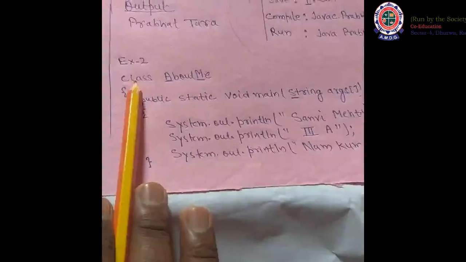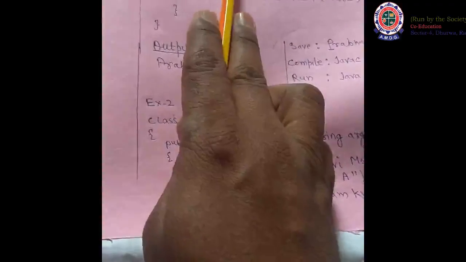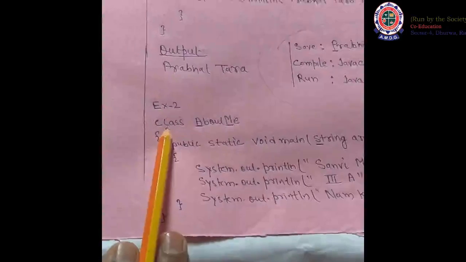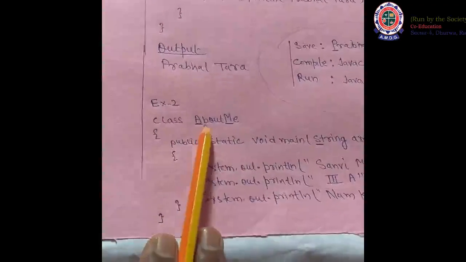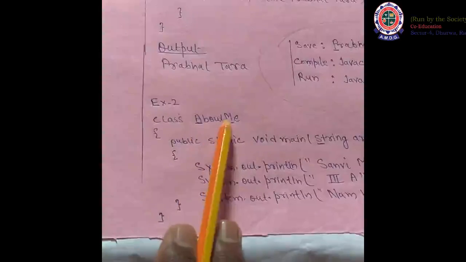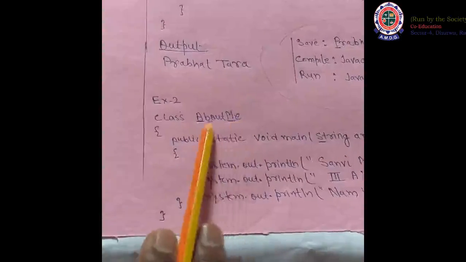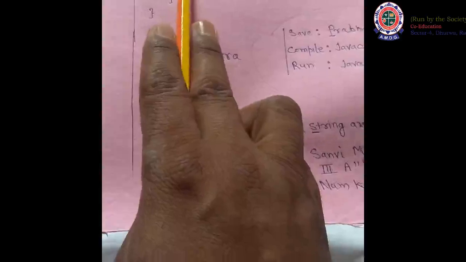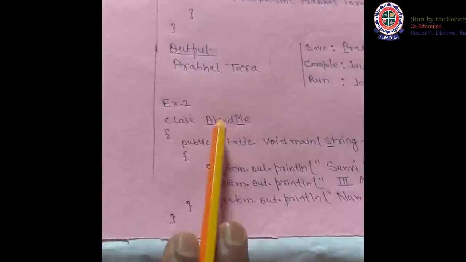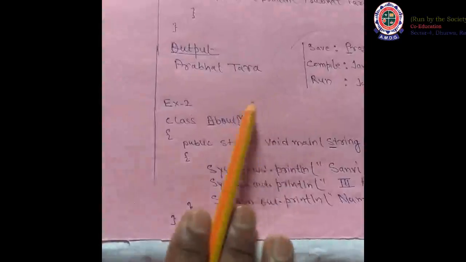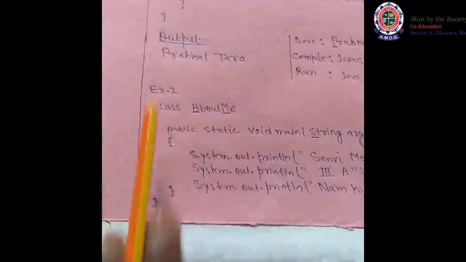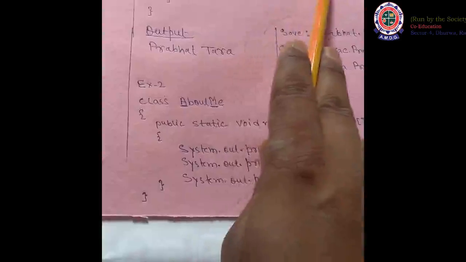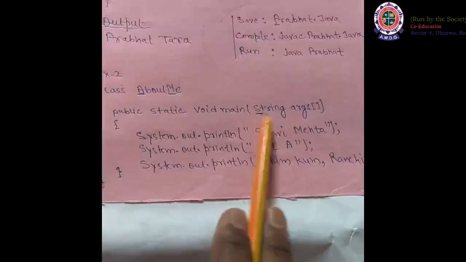Now let's take another example. In any Java program, the lines import java.io and import java.lang will be there. After these lines we have to write the class name, class AboutMe. So A will be capital, M will be capital. Why is this capital? Because I have already said the first letter will be capital. If you want, you can write in small also, there is no issue. Same curly bracket, same line copy paste.